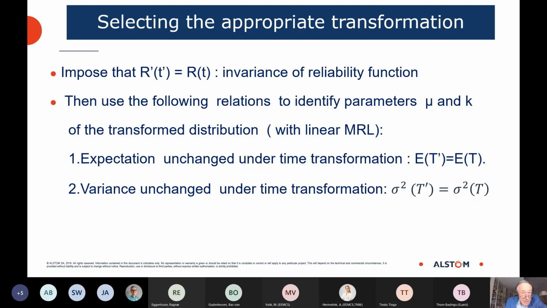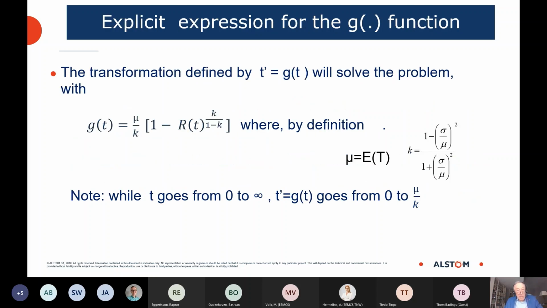And because we have imposed that the two distributions are the same, in particular, the expectation will remain the same and the variance will remain the same. So that will allow us to determine these parameters mu and k in the image distribution. So now we have to find this transformation. And in fact, I'm saying that the transformation which solves the problem is this one,